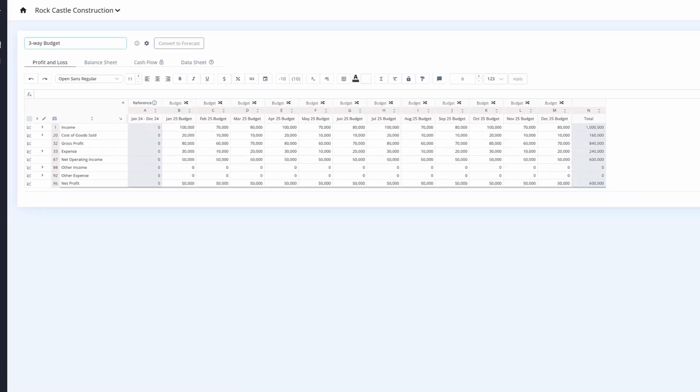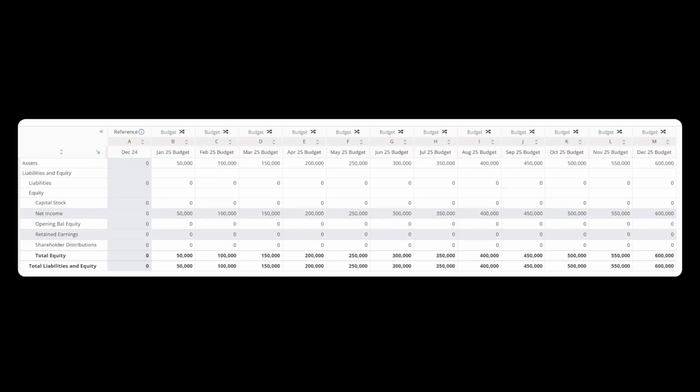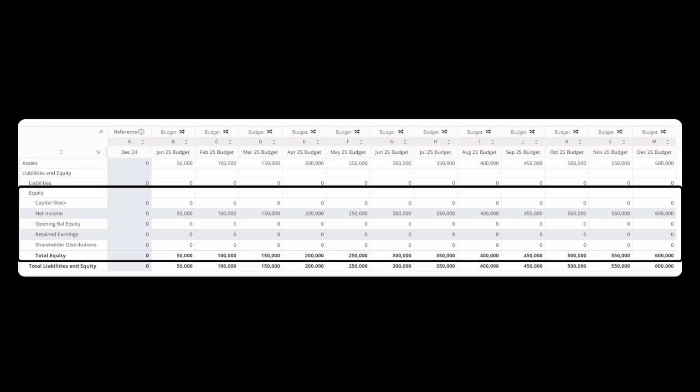First up, the profit and loss statement involves planning for revenues and costs over a specific period. For simplicity, let's say your business plans to make $1 million in sales next year, with resulting net profit of $50,000 each month. This net profit will flow to the balance sheet as part of your equity. This will show up under current year earnings or net income as a monthly increase of $50,000, reflecting your cumulative